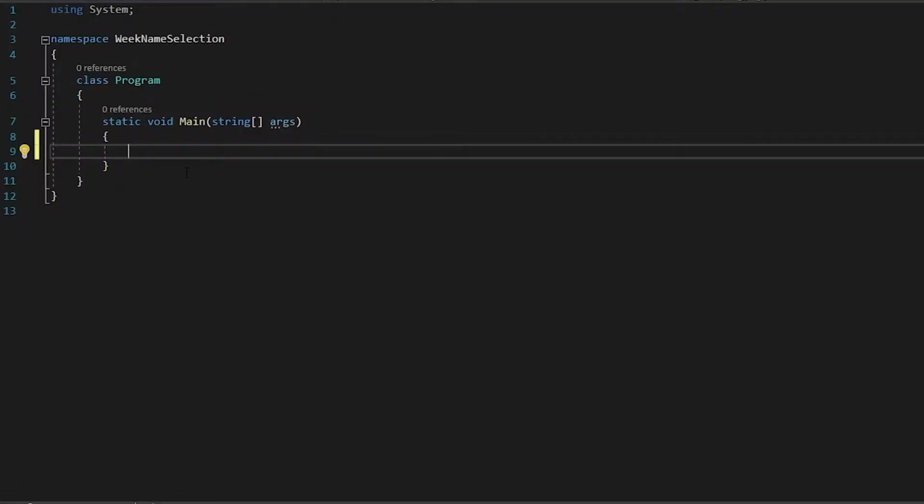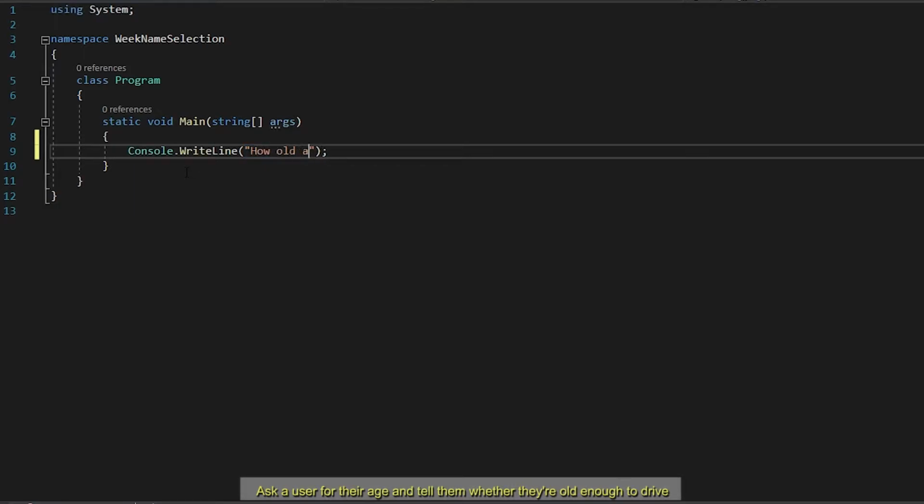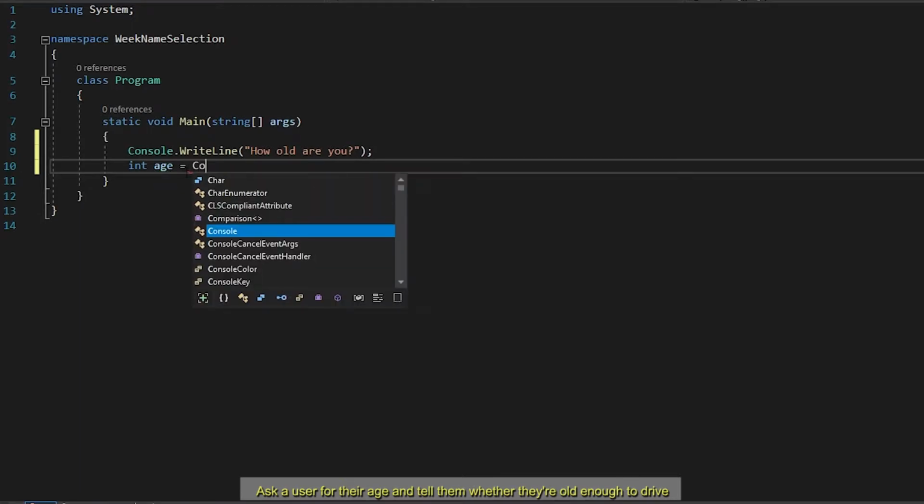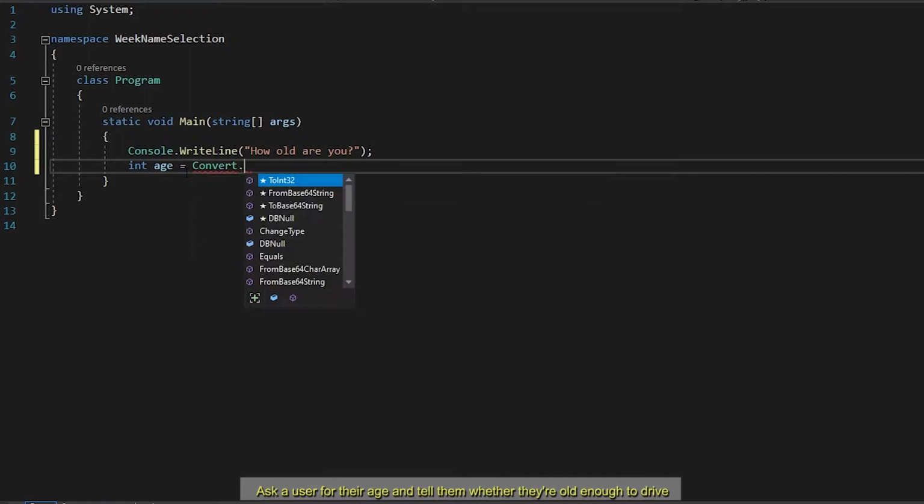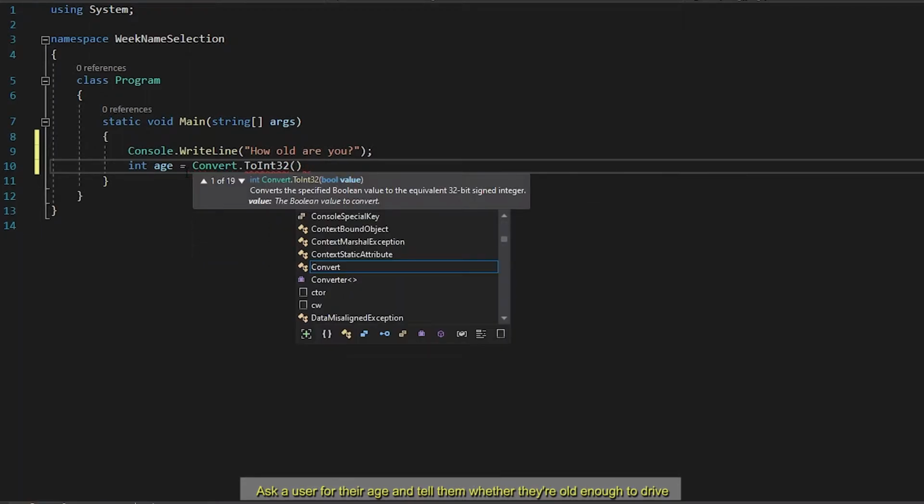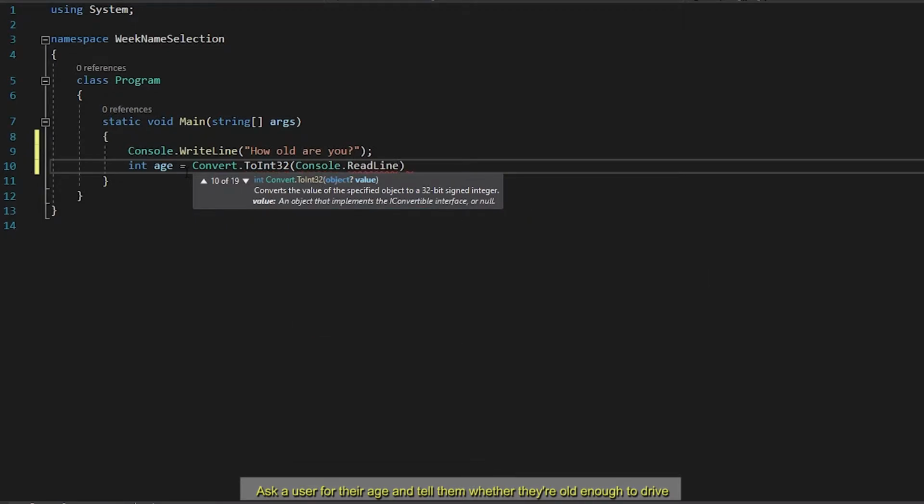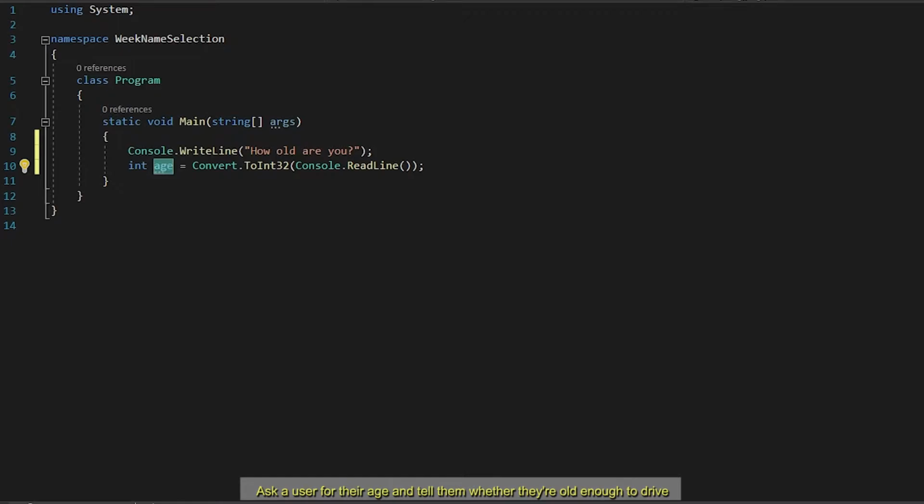Alright, so let's begin. We're going to start by asking the user how old they are. So we'll say, how old are you? And then we'll store that in an integer called age. We're going to convert that to an int32 right off the bat. So convert it to int32, console.readline, which will take the input from the user, convert it into an integer and store it into this age